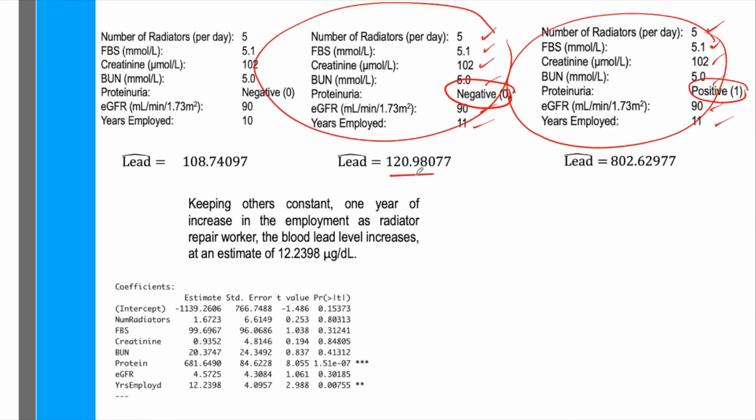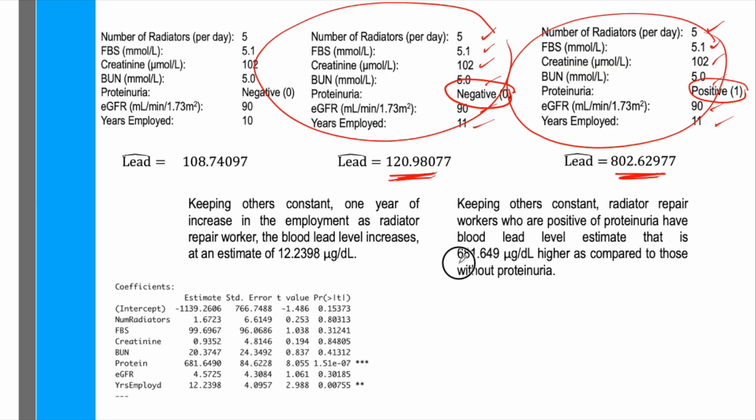And look at the blood lead level increase. From 120.98077, it increased to 802.62977, which is an increase of 681.649 micrograms per deciliter. So this shows that